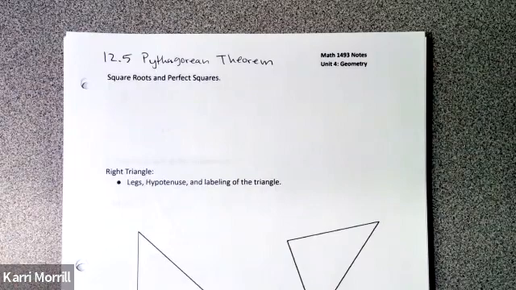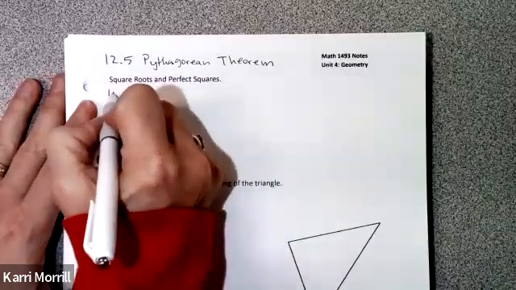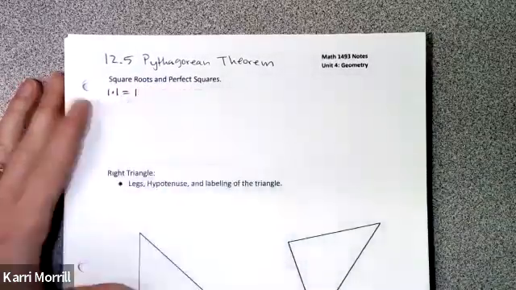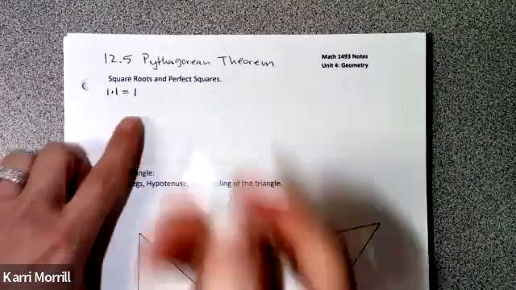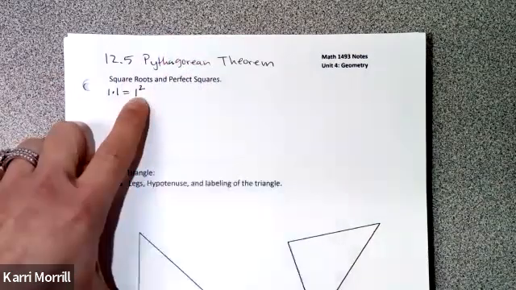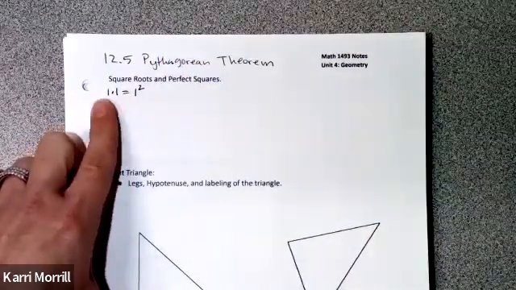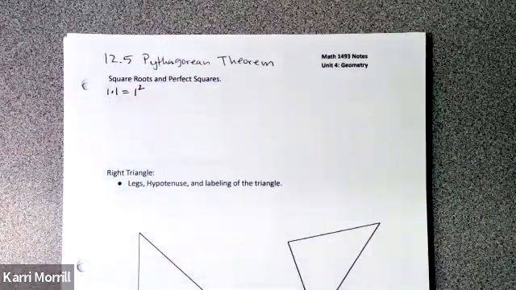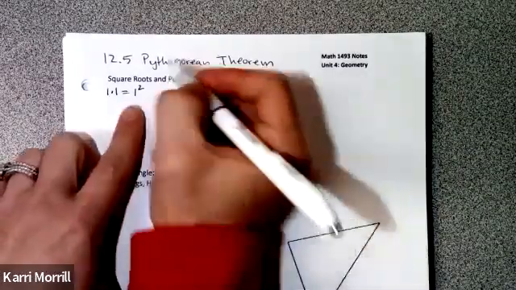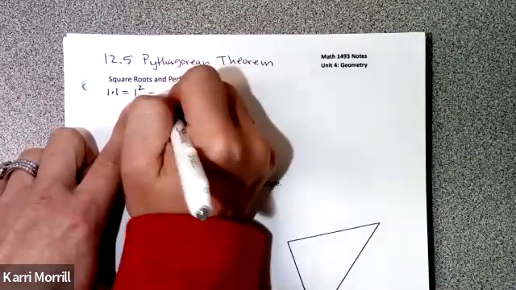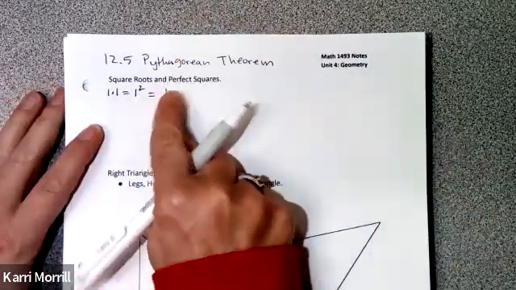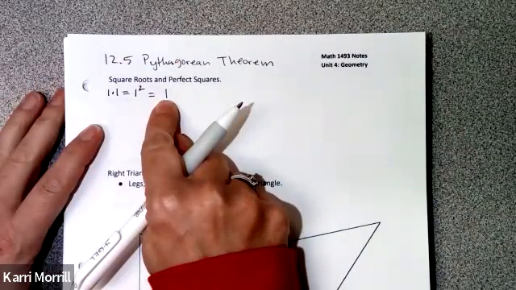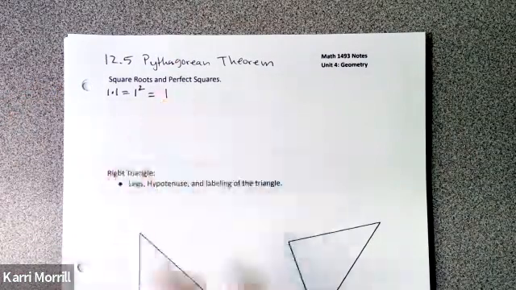So a perfect square number is like saying, if I take 1 times itself, I get the number 1, right? If you're taking a number times itself. Another way to write that is 1 squared, because there's 2 of those there. And so when we take 1 times 1, we just get 1. Well, what we're going to be learning is this is a perfect square number. If we take the square root of that number,